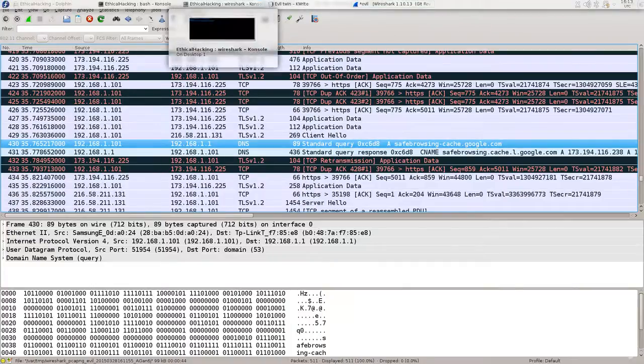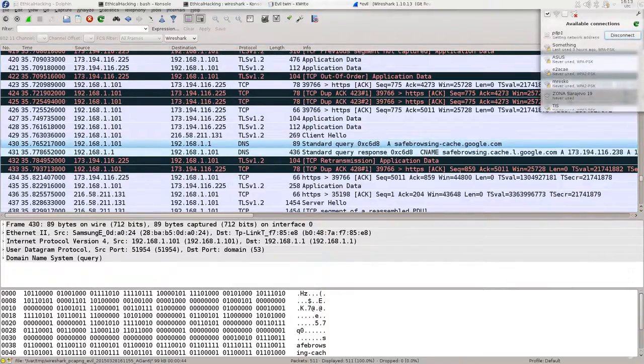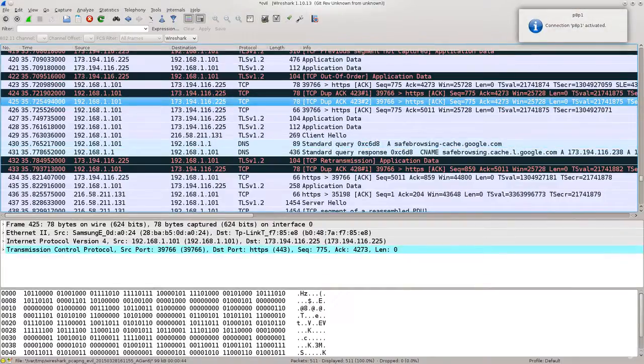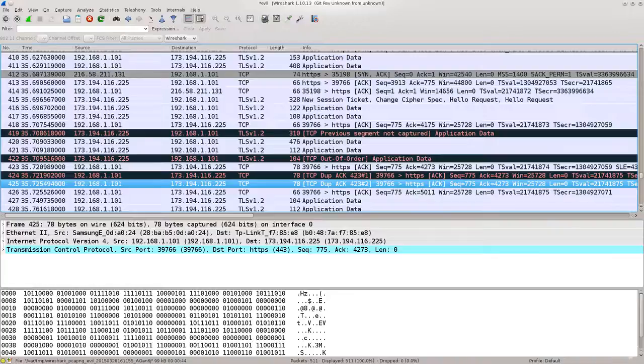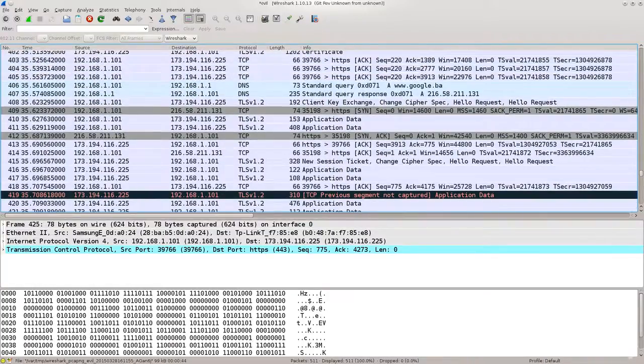I don't believe, yeah, I don't have a browser open. There is literally no traffic going on my network here. However, there is traffic that is being generated from my phone. Or, yeah, there we go. And this is like